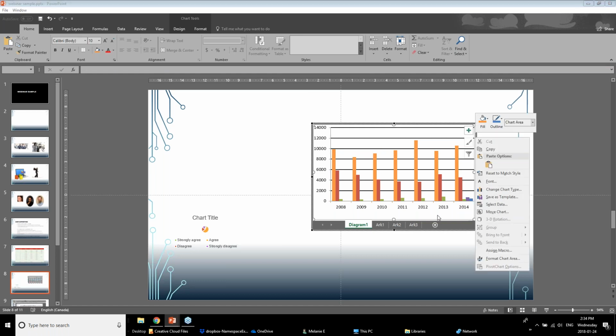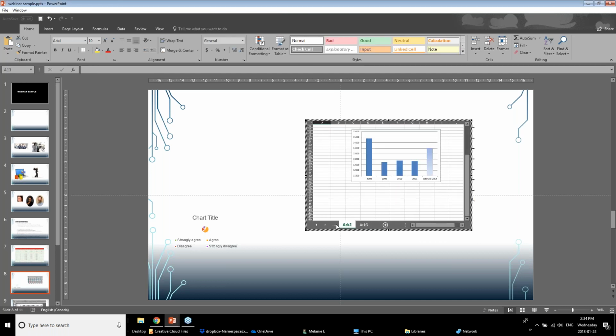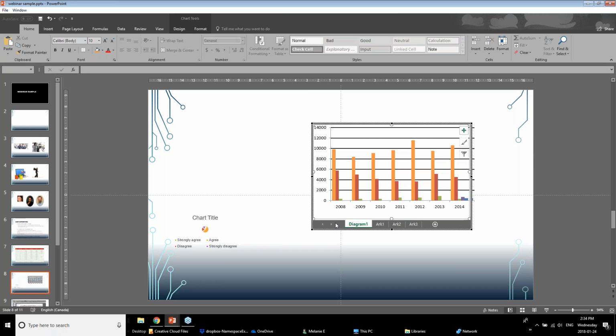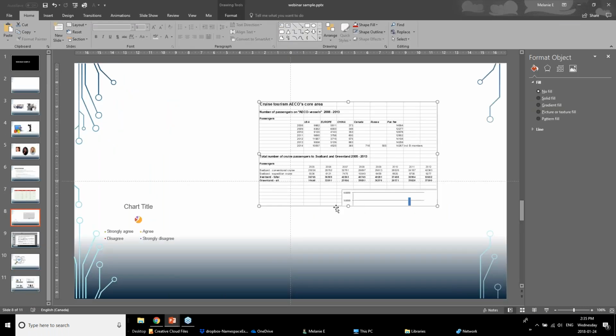Here you go. So when I'm playing with the data, you notice it's actually pulling up the spreadsheet itself. So when I'm playing around with it, it's actually connecting back to my spreadsheet. That's something to keep in mind. Depending on the link that you've created with your PowerPoint and your spreadsheet, one thing I have found though is that when I create changes here, it doesn't necessarily equate back with your actual PowerPoint or your actual spreadsheet file. But when you do change your data, say you need to change your actual numbers accordingly, it does actually save it, which comes in handy instead of having to jump back and forth when you're creating your